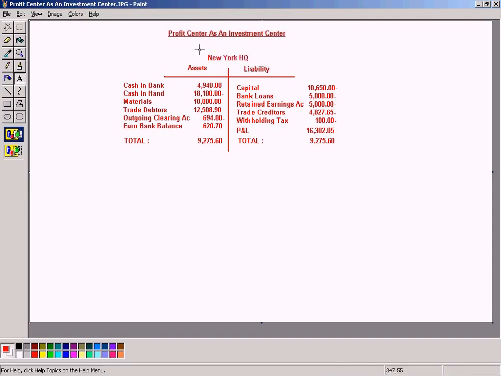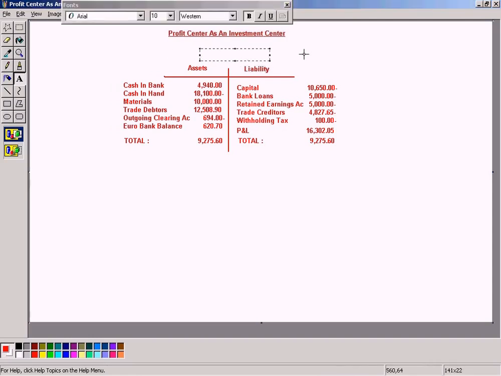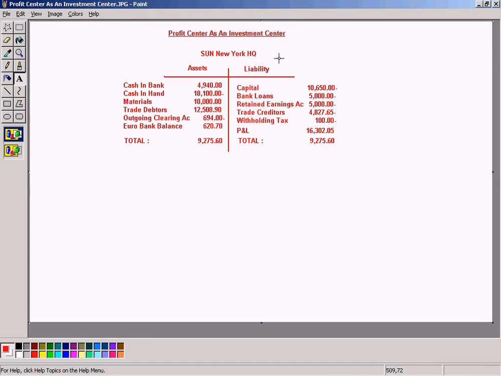Sun New York HQ. Okay, now what we are going to do is